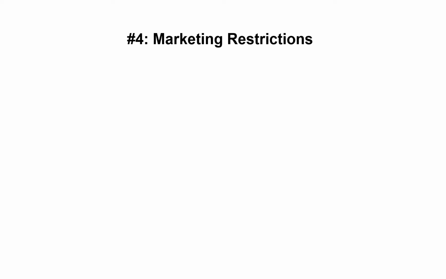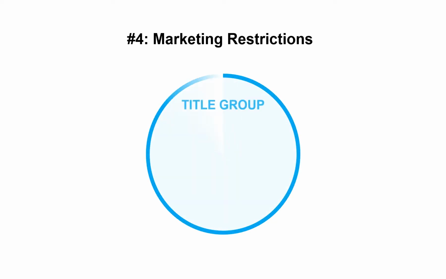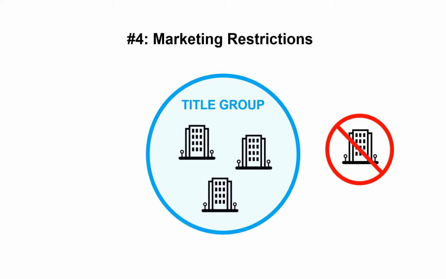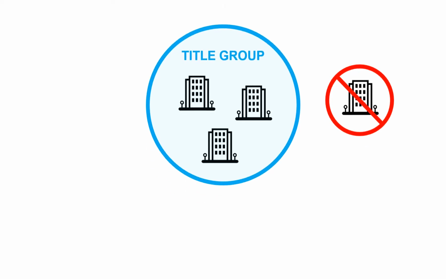Number 4. Marketing restrictions. Marketing restrictions may be defined by the source provider citing who we can market to. An example of this type of restriction can be found in several Oregon counties. In these counties, we are unable to sell images to any other title company outside of the title group we are under contract for plant services. However, we can market the images to non-title company entities via DataTree.com.